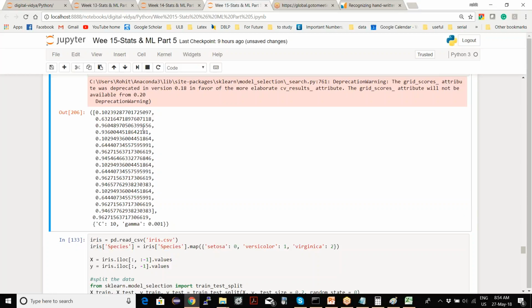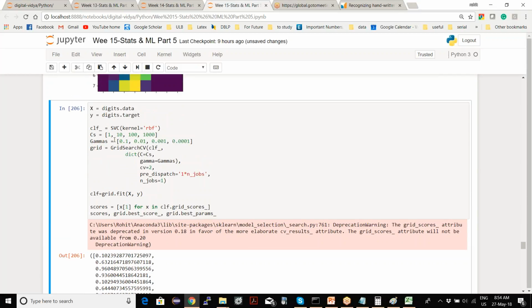Now what happened here, let's see. So you could run SVC with any one of these parameters, like C is 1 and gamma is, suppose, 0.1, or C is 1 and gamma is 0.01, in these different combinations. Now by passing it to GridSearchCV, you said, okay, run this machine learning model on these parameters, where my C could take any value from this to this, and gamma could take these values. So it will rerun this same algorithm on these different combinations of values.